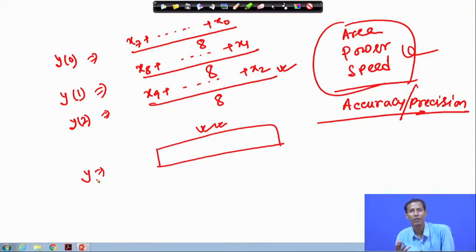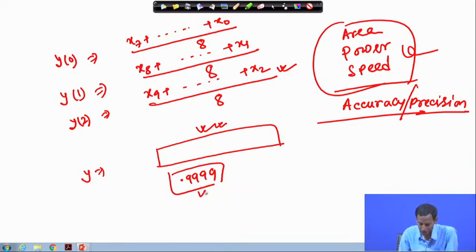In the analog domain or in floating point, what do we have? We have something like infinite precision. Suppose I have this 0.999 value. Can I represent this 0.999 value using binary numbers? Because a binary number takes only 0 or 1. So, how can I represent this 0.999 number? I cannot.